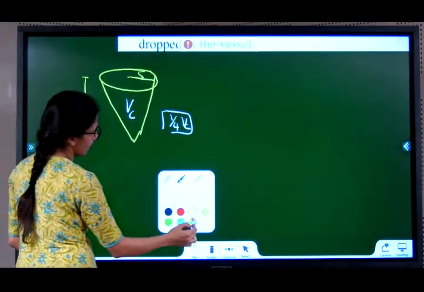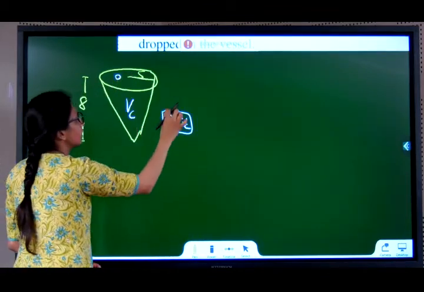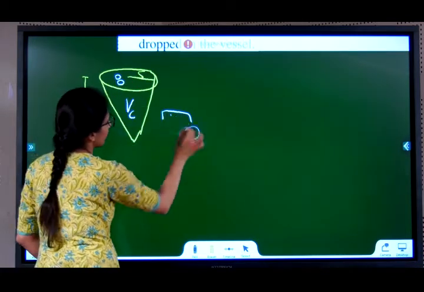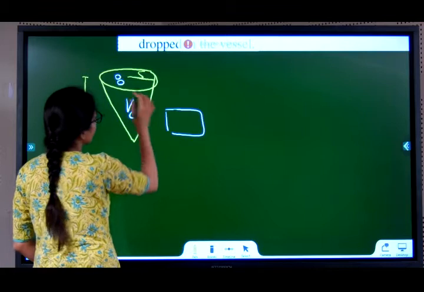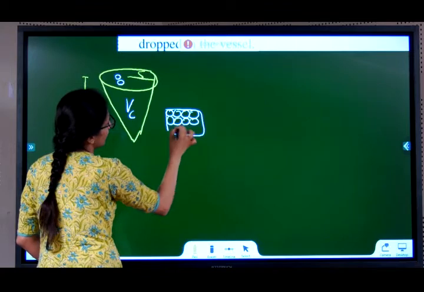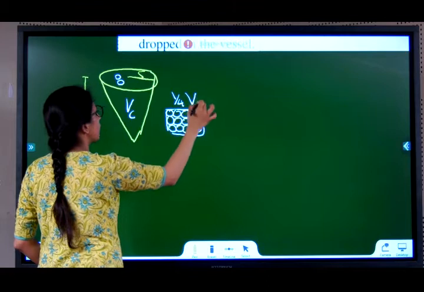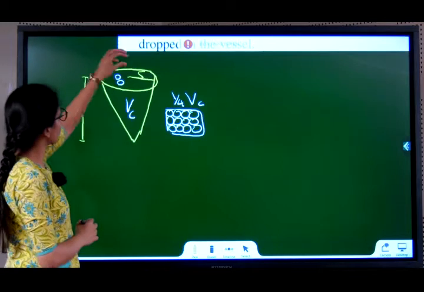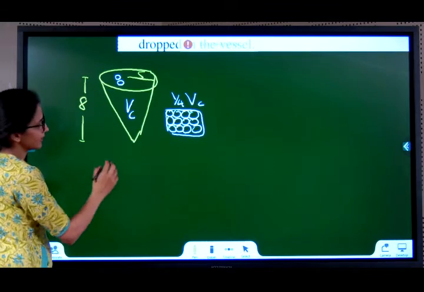Let's understand this question. See, if I drop one lead shot inside, that much water will come out. If I drop one more lead shot inside, that much water will come out. One more lead shot, that much water. So there are so many lead shots. All their water together is 1/4 of the volume. Agreed? One lead shot, that much volume. One more lead shot, the same lead shot's volume. Agreed? Yes? So I can say here, what can I say?